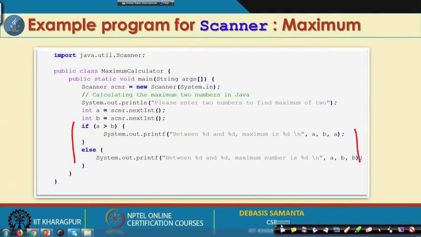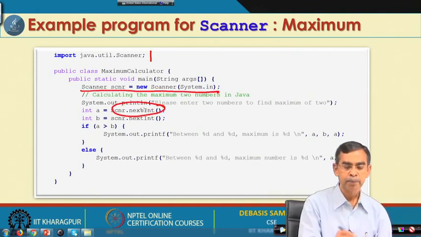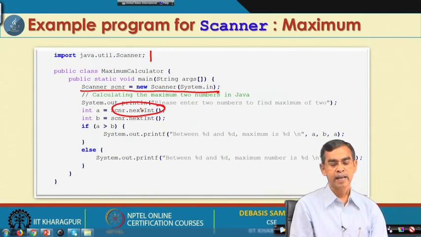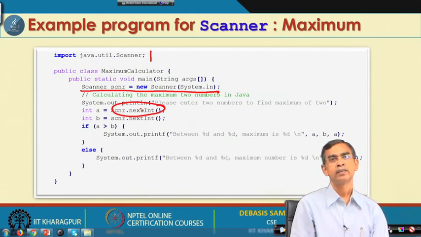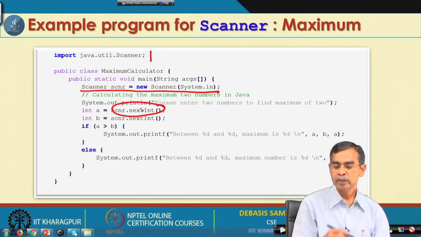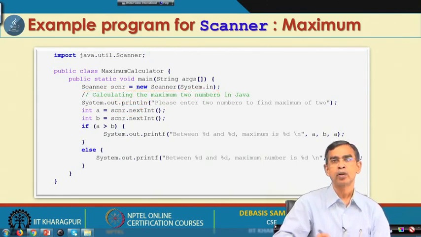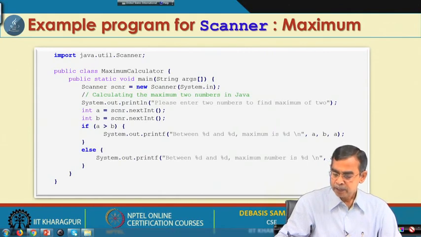So, this is an alternative example to the command line argument that we have discussed. So far, two things are there. You have to import it if you want to use the Scanner class, then you have to create a Scanner object, and then use a method like scanner object dot nextInt to read as many inputs as you want. Now, definitely you have to mention when you should stop. I will tell you one example so that you can understand.